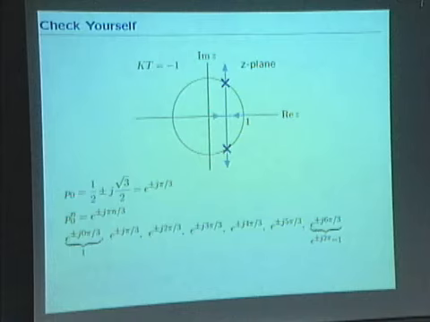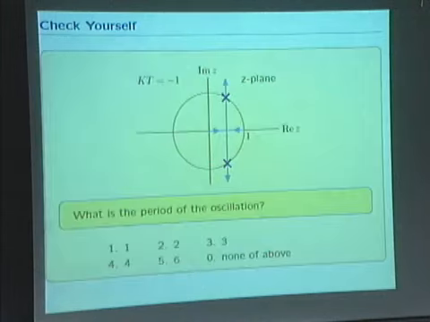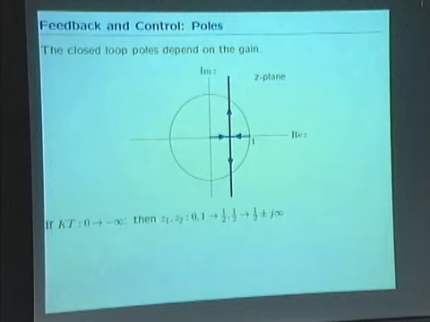So this thing was a half, right? So it's a half square root of 3 over 2. So that thing had to be at pi over 3. It's actually the same pole that I was using as a recitation yesterday, yeah? And so if you have a pole at pi over 3, it makes it around in 6 steps. The period of the oscillation is 6, right? Okay, so